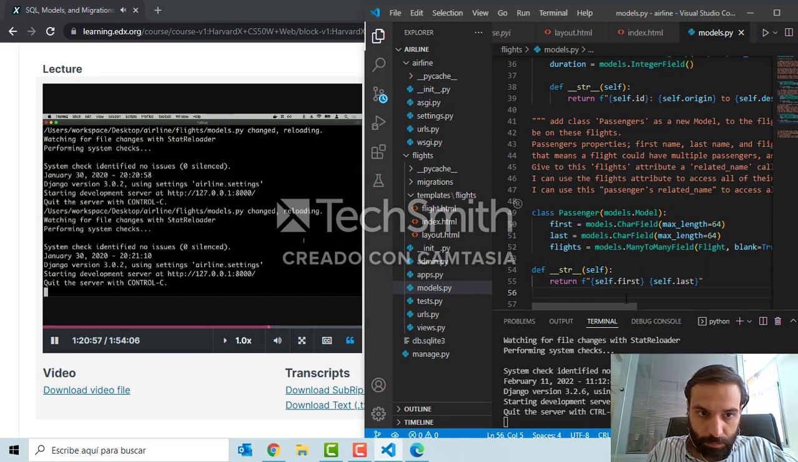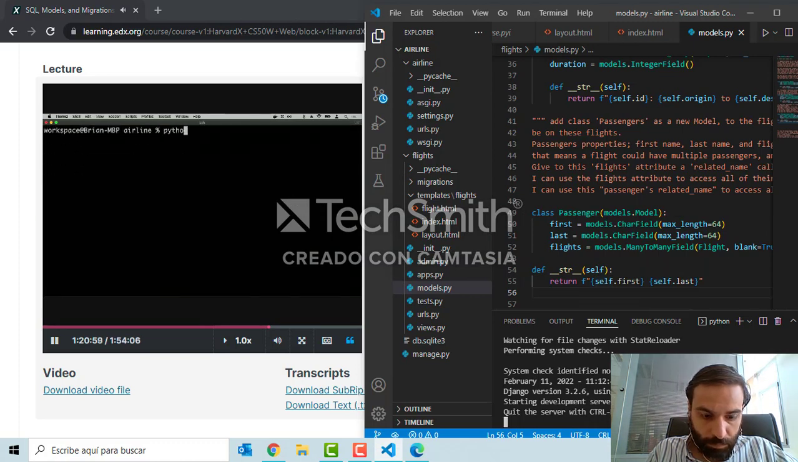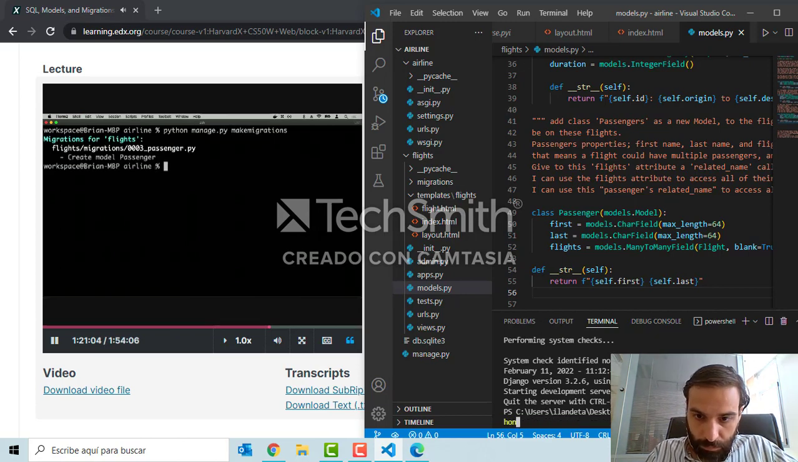And now I need to apply these changes. I need to say python manage.py makemigrations, because I've made new changes to my model. I've created a model passenger in particular. And now if I do python manage.py migrate,